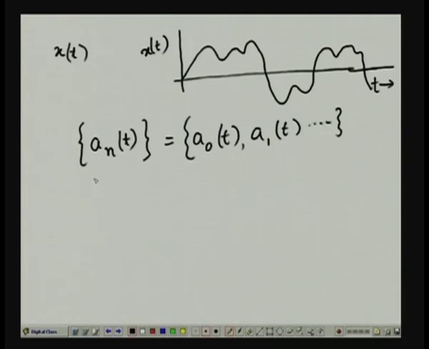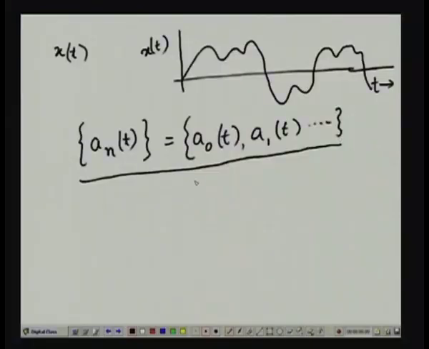This set of real valued continuous functions is said to be orthogonal over an interval, say t_0 to t_0 plus T. I define that this set will be orthogonal over the interval t_0 to t_0 plus capital T if I take the integration of